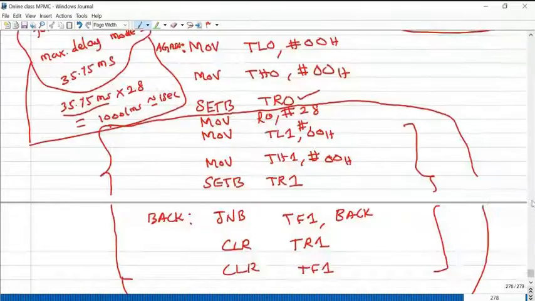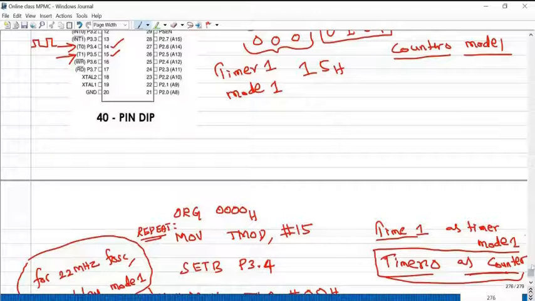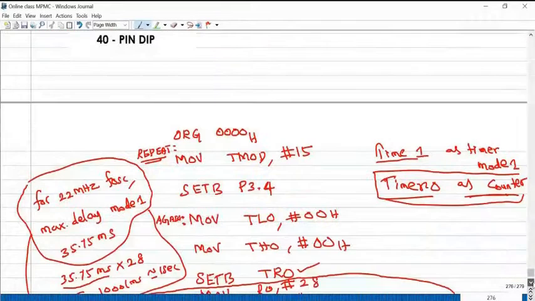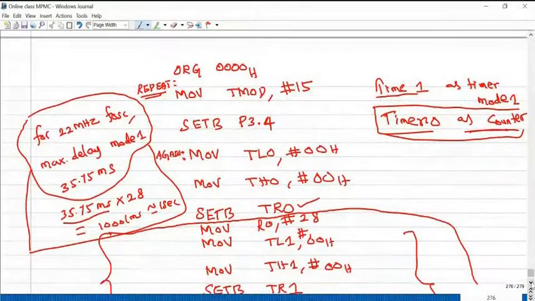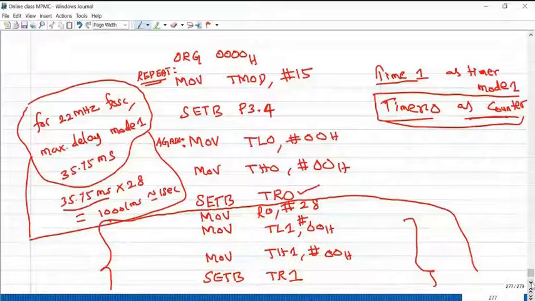So any doubt in this particular problem? I'm not using the minus 200 concept and all. It is a normal binary counter, initially we are setting it as 0. Same thing we have done here.